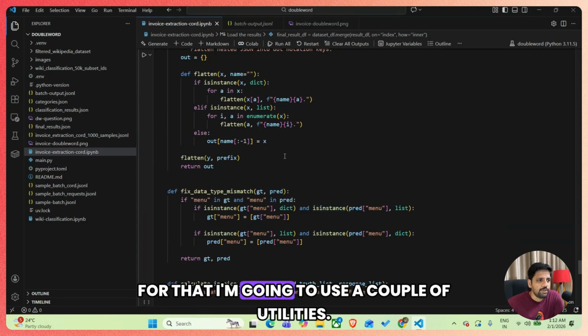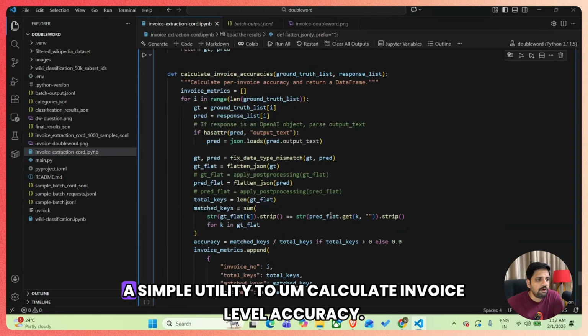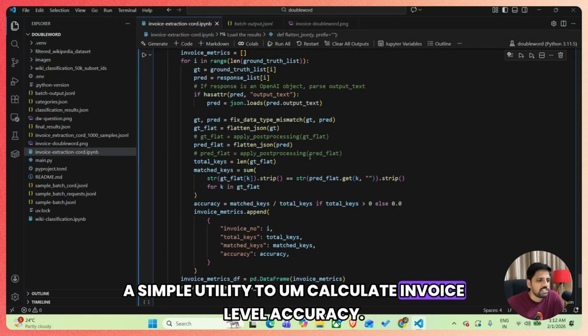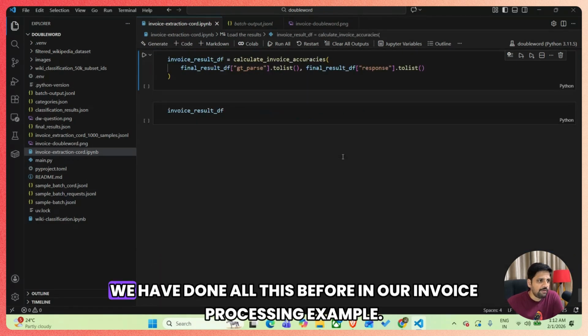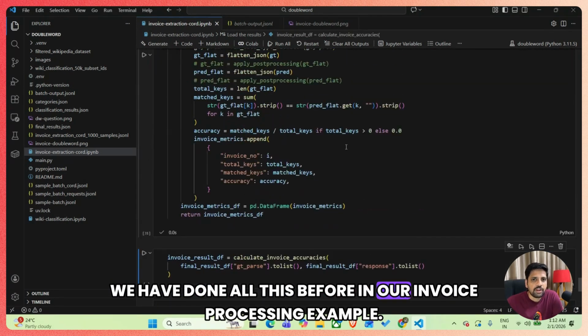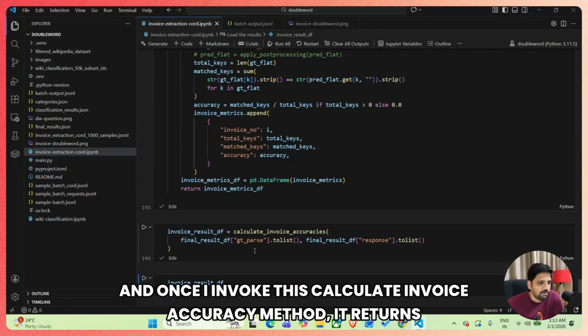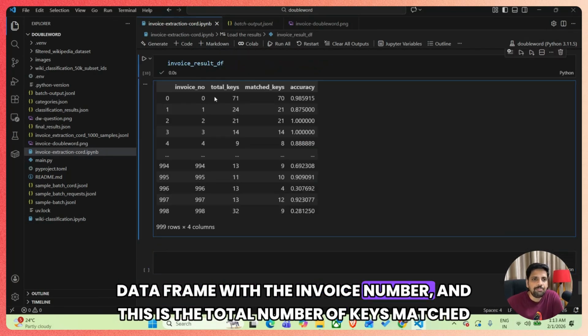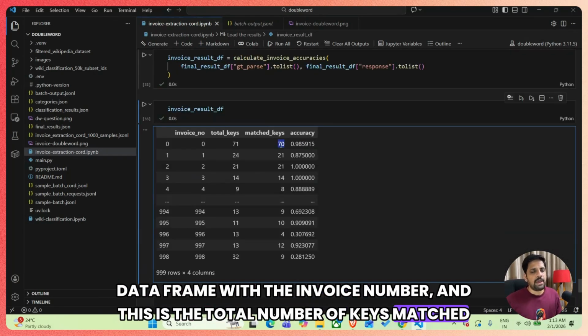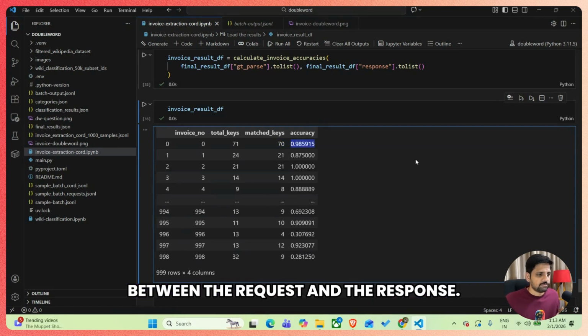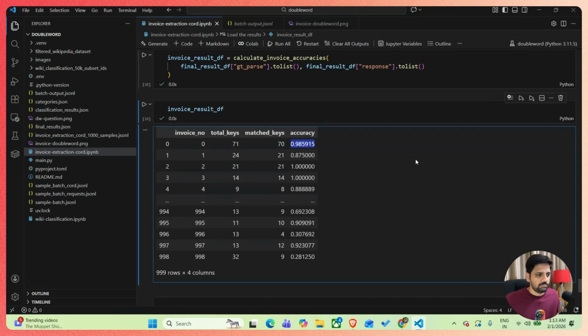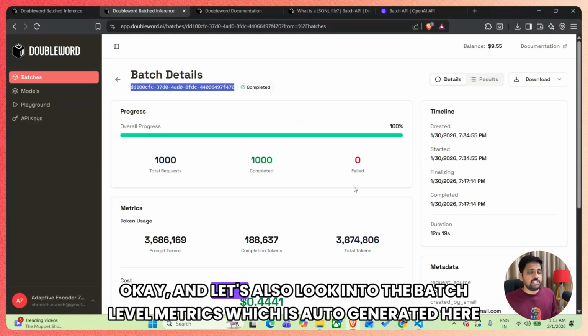For that, I'm going to use a couple of utilities. A simple utility to calculate invoice level accuracy. We have done all this before in our invoice processing example. And once I invoke this calculate invoice accuracies method, it returns a data frame with the invoice number, and this is the total number of keys matched between the request and the response. Okay, and let's also look into the batch level metrics,